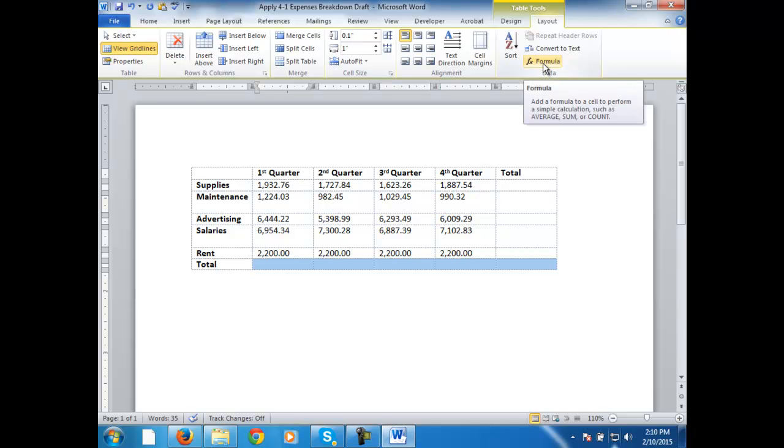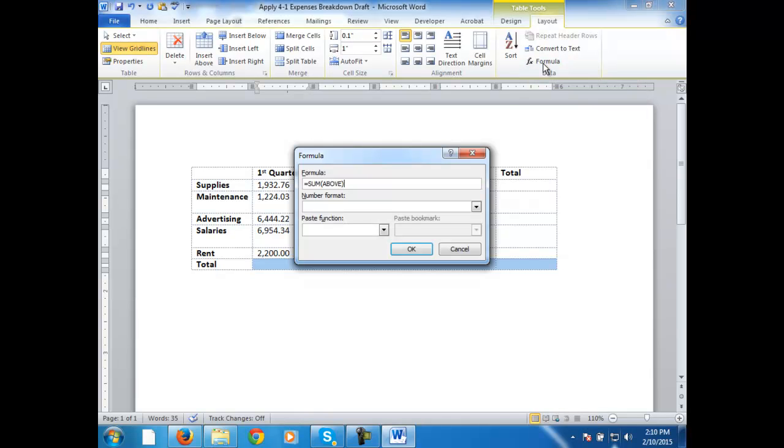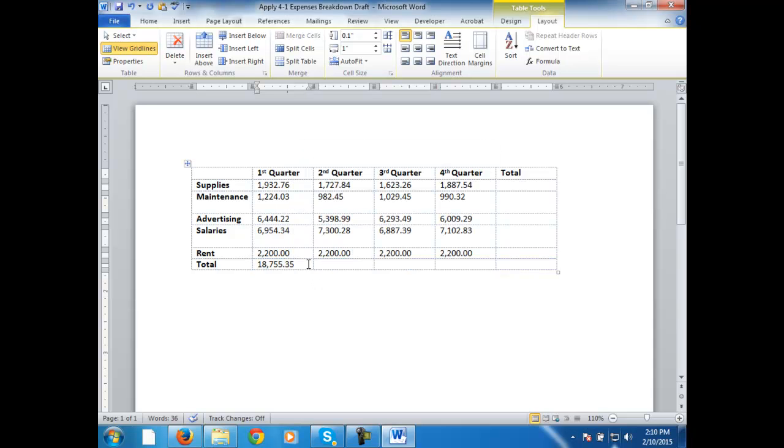And it said use the formula command. So here we are. We're getting pretty close here. So let's click formula, see what it asks us. It's giving us equals the sum of above. So it gave us the total here, added up all these. Didn't give us the totals here yet. So let's select these and we'll click formula again. And then it gave us this one. So we're making progress, but